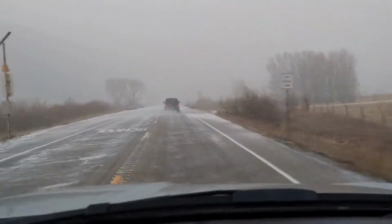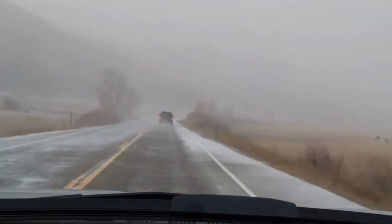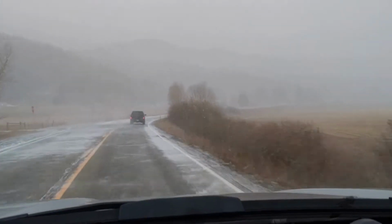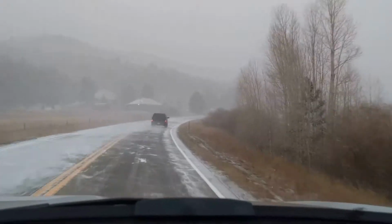Now, what's interesting is we're in the cloud. If you look up to the left, that's blue sky up there. So I'm going to keep going up the road here, kind of see what I can see, if I at least have a parking area. Hello, cows. But I may have to go to plan B if this stuff keeps up, because we're just, a dusting on the road here, but it's only been going for about...